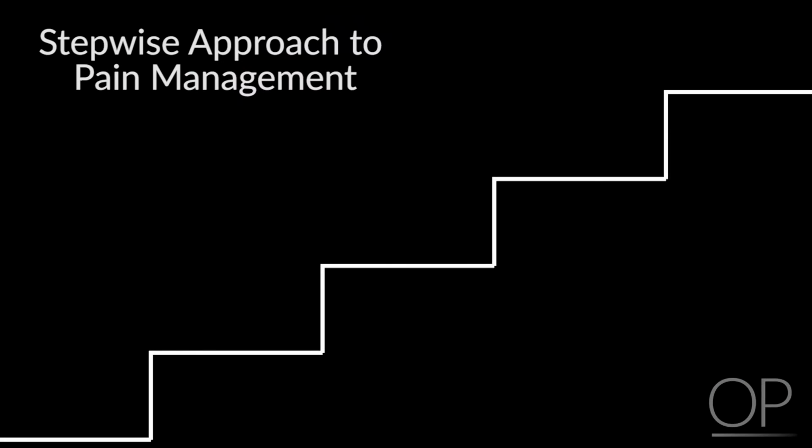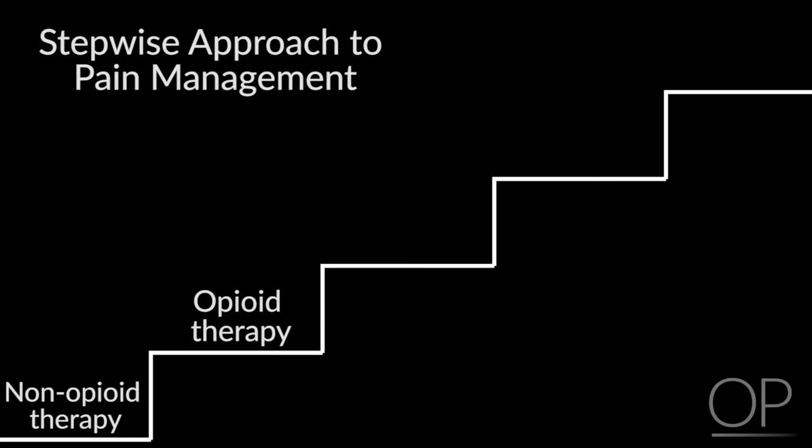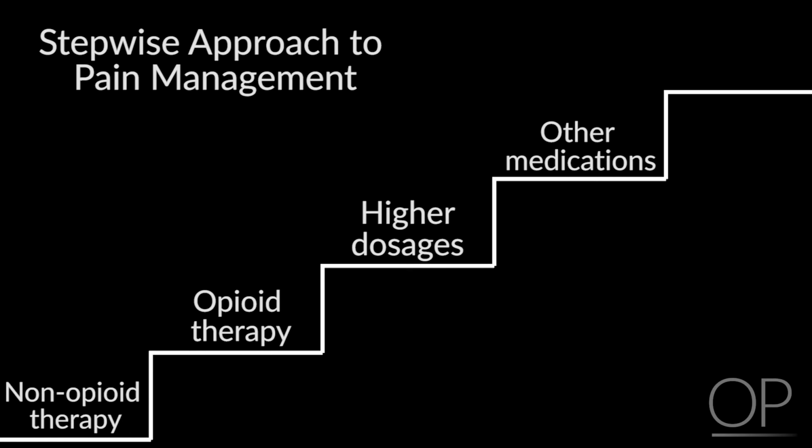I like to think about pain management using a few visual analogies. One is a stairwell. This illustrates the stair-step analogy that the WHO recommends. We start with non-opioid therapy, and then we step up to opioid therapy, and then we can step up the dosages as necessary, perhaps adding in other modalities or other medications until we achieve our desired effect of good symptom